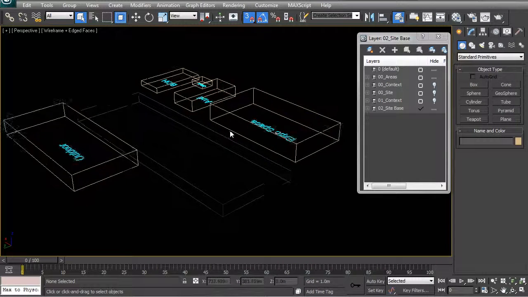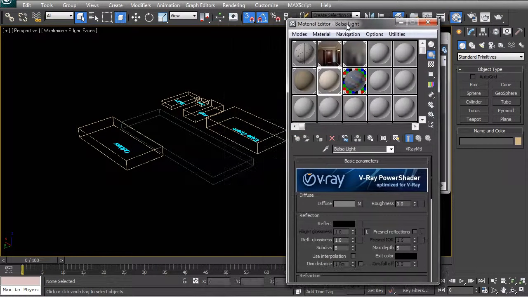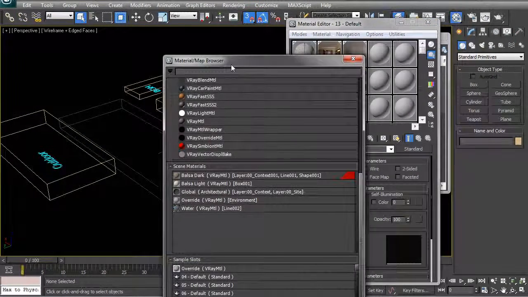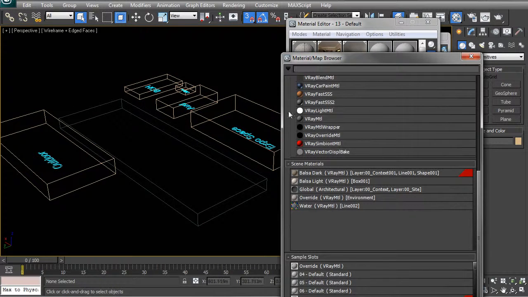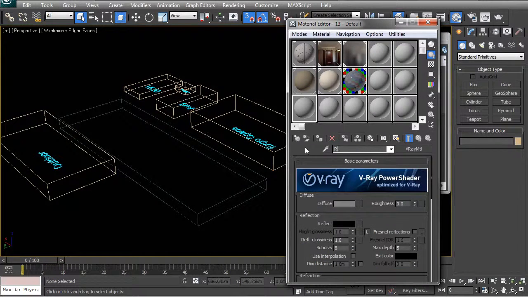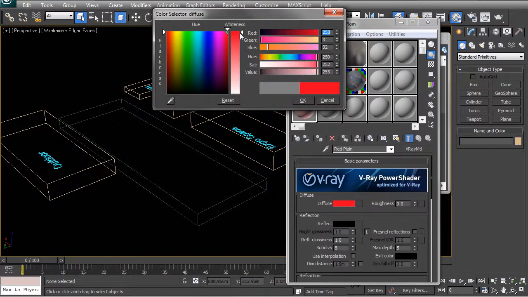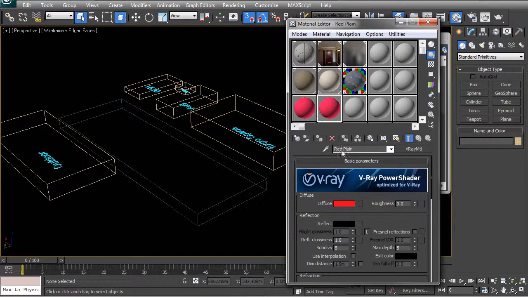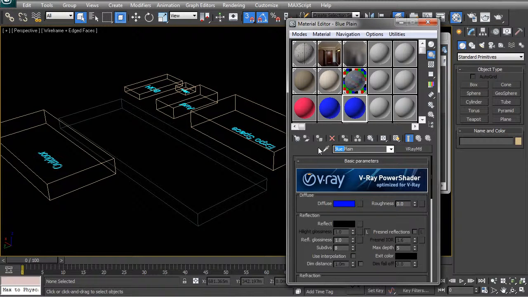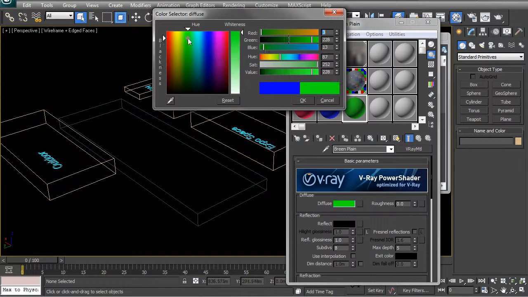What we're going to do now, just to make this process visually a little bit easier to understand, is we're going to create 2 or 3 colored objects, and we're going to assign different colors to those objects so that we can see what we are doing a little bit easier. So I'm going to create a few V-Ray materials. This one's going to be called red plane, and the color is simply going to be red. And I'm going to create other colors such as blue plane and green plane. And all this is doing is creating a set of blocks that I'm going to work with,